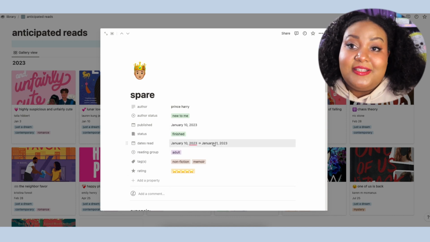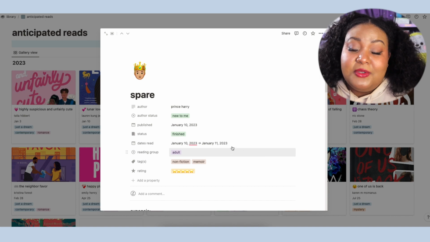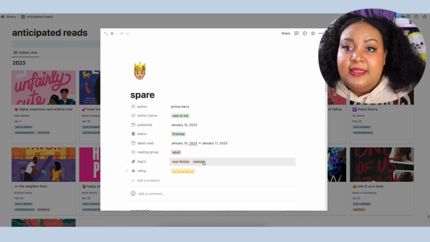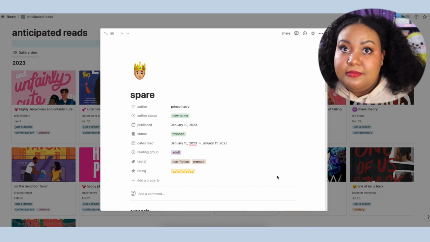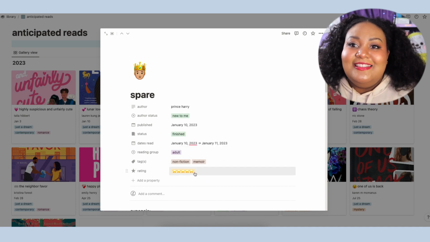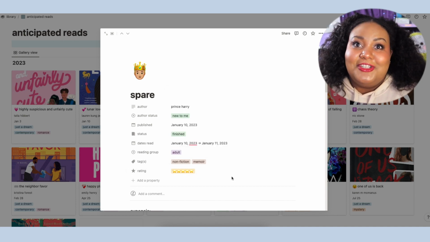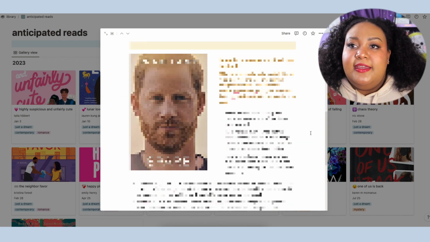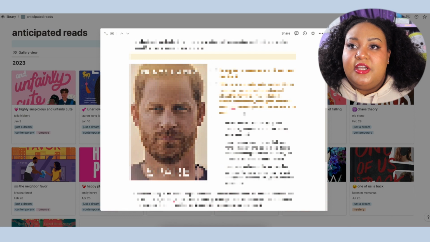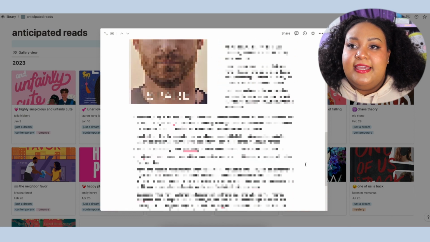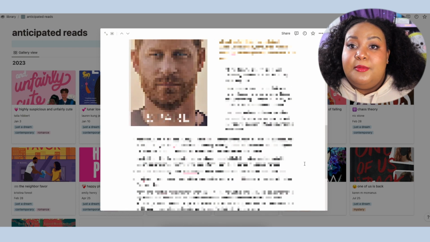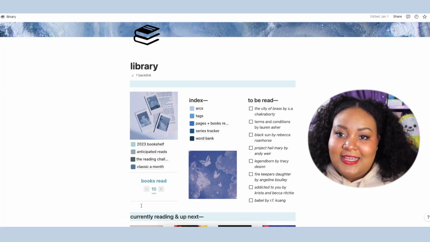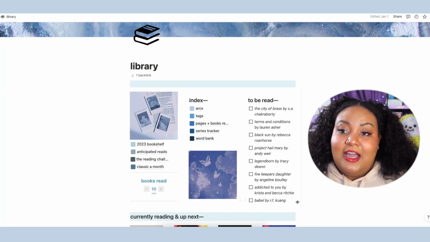And then I have my dates read for when I actually do read the book. When do I get around to it? The reading group is the same. Then I have tags, so I will fill those in as I go. And then this is an example of the 5 stars versus 5 stars. And once again, we have the summary, and then I do my percentage updates, and then I put my review. Because I need the spread to look very balanced across and fit and not awkwardly be unbalanced,